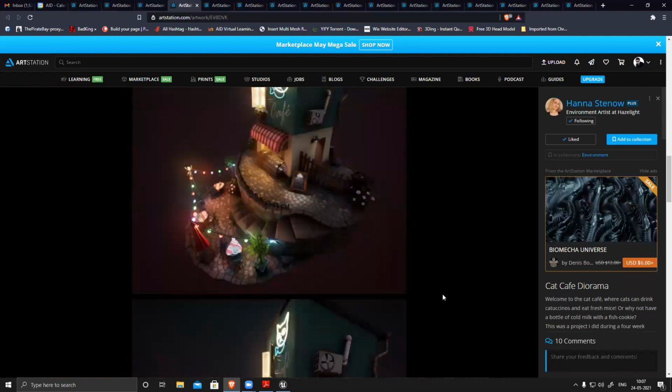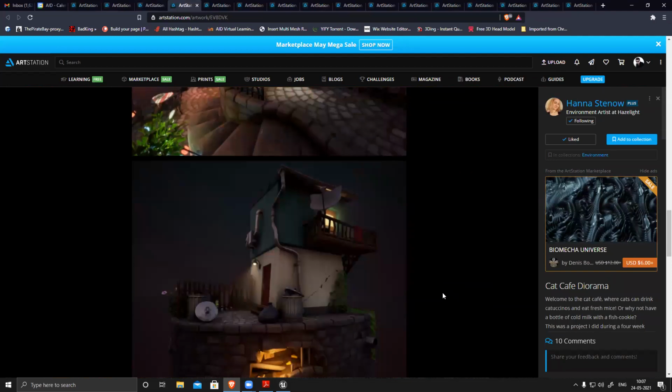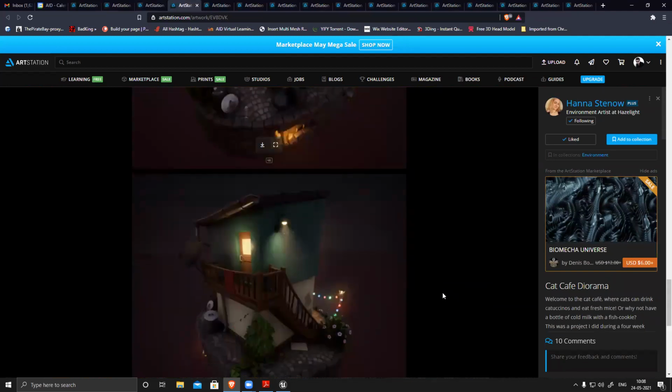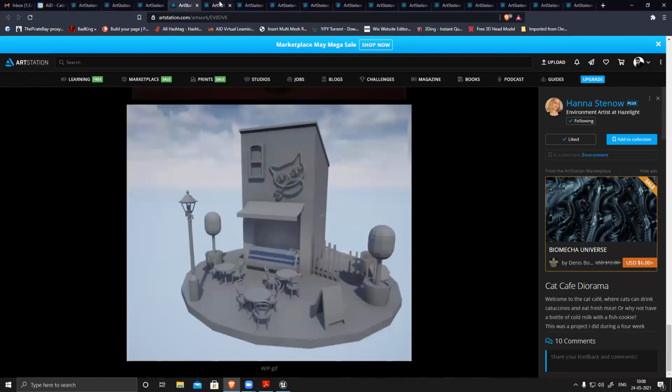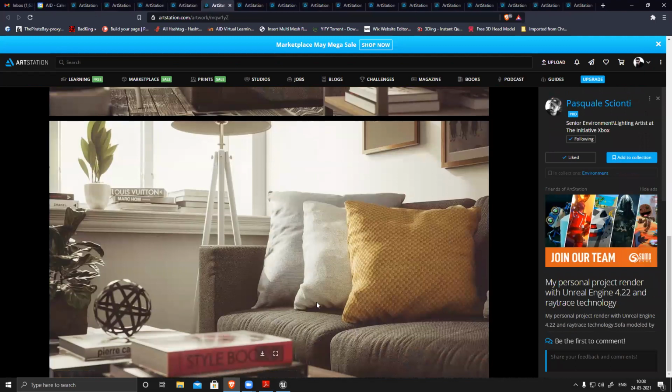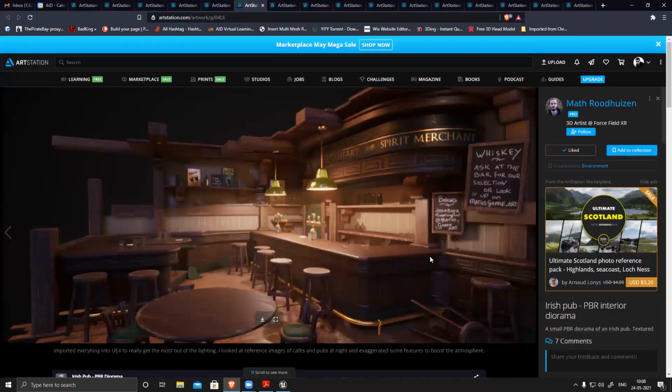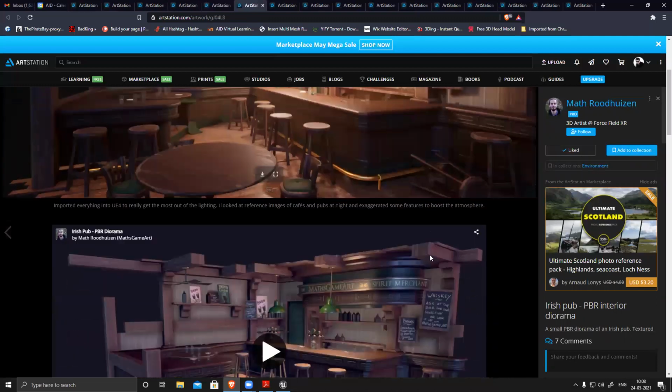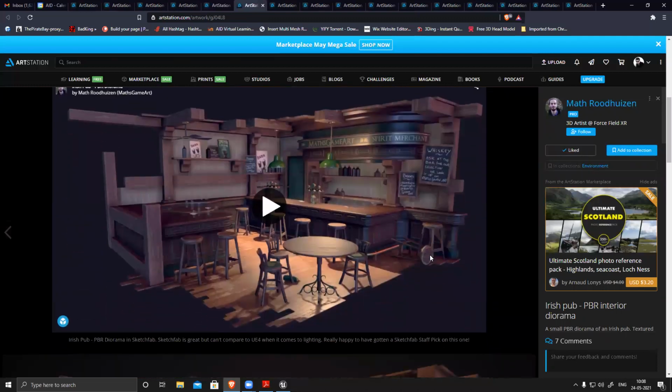A small tiny scene, 360. A small living room. The quality looks really nice. It's a bar. This is again a diorama.